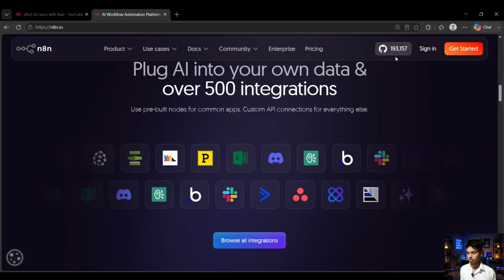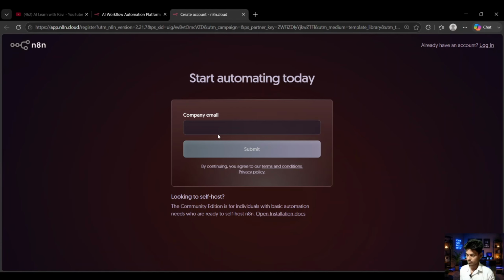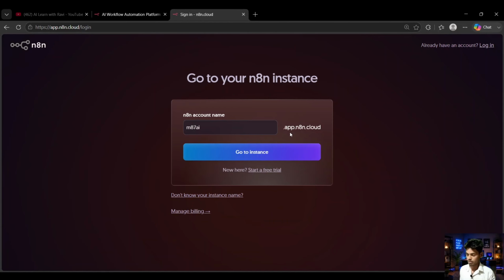Now let's click on get started. Put in your email ID, but in my case I already have an account, so let's log in. For that we have the login option. As you can see, let's log in, but if you don't have an account, start a free trial. So let's log in. Now dear friends,